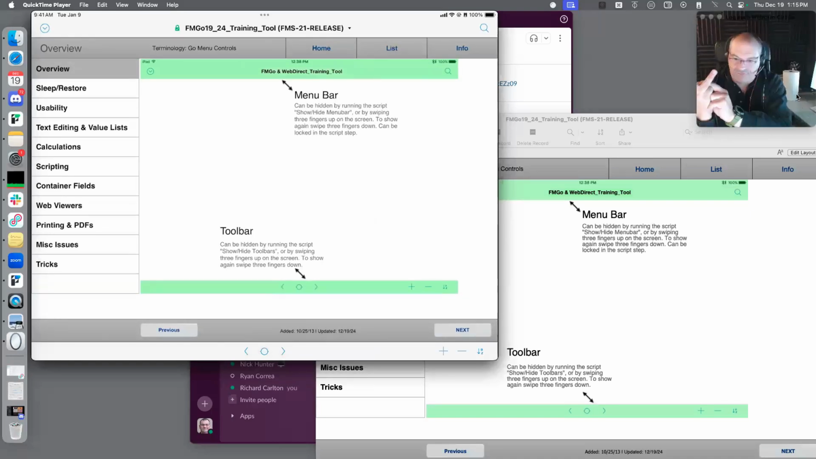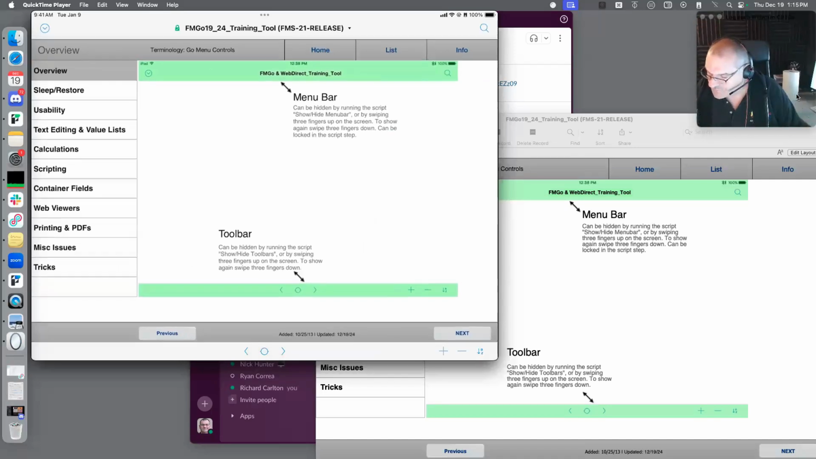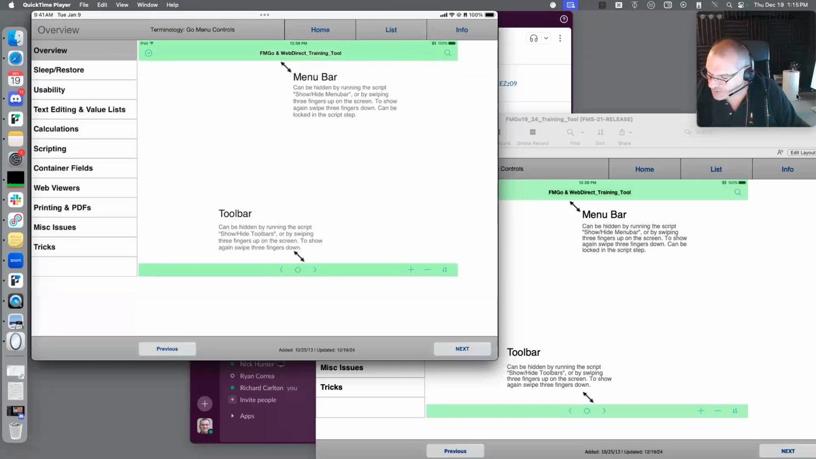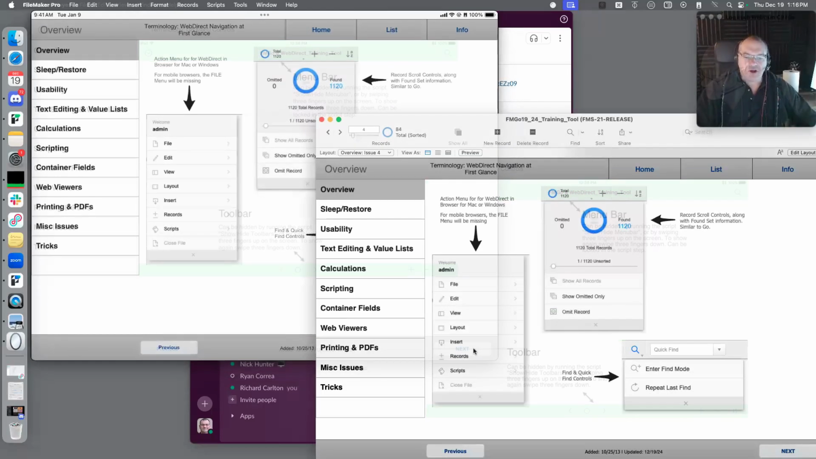I can't make 3. There are 3 fingers, right? 3 fingers on your iPad, and you move it up and down, assuming it's not locked out. So if I move it up, it goes away. Okay, there we go. So basically what I'm doing is I'm showing you the various pieces here that you see